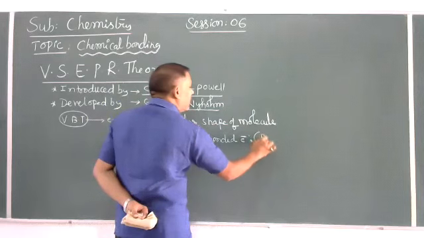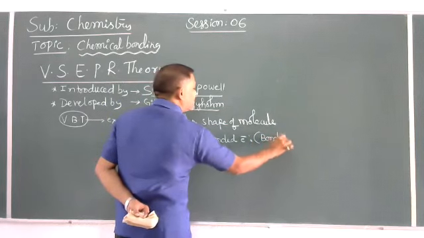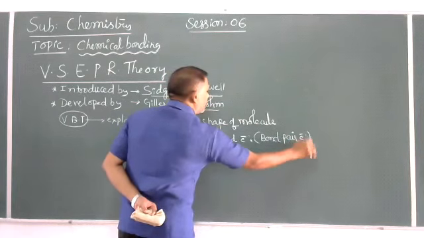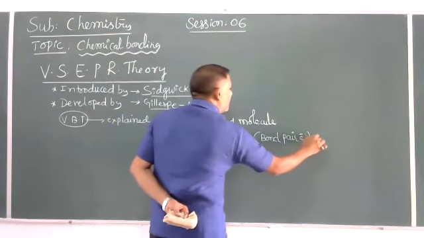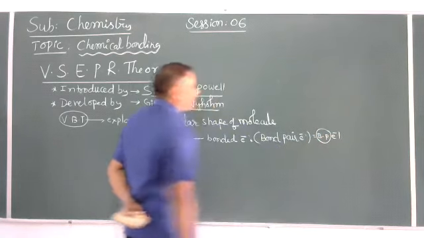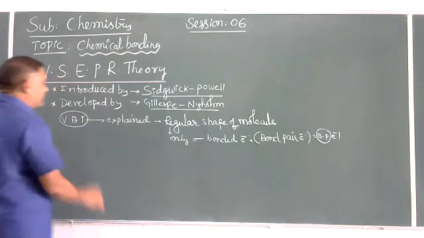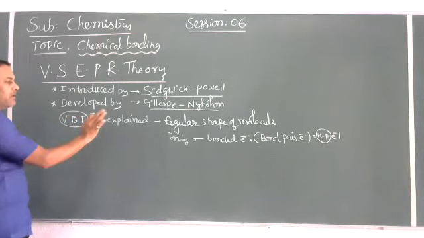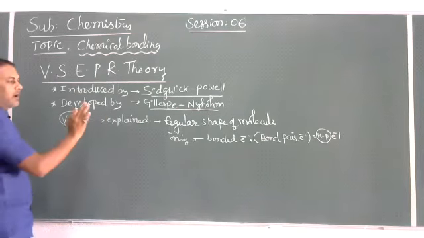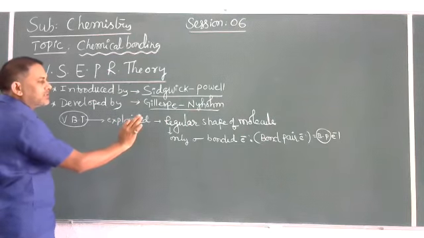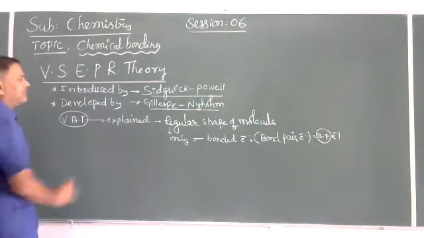They are called bonded electron pairs, bond pairs, BP. So VBT explains a regular shape, only with the presence of sigma bonded electrons. But according to